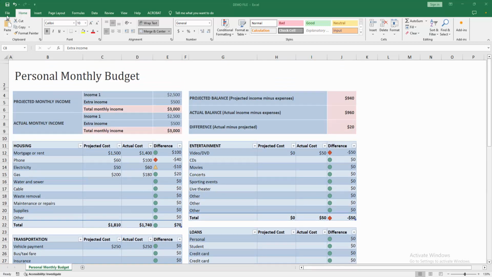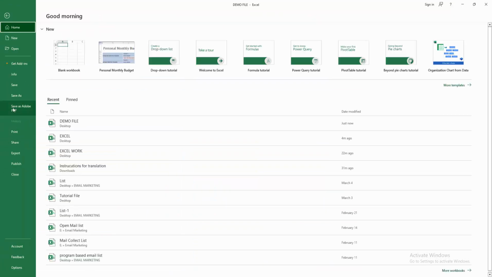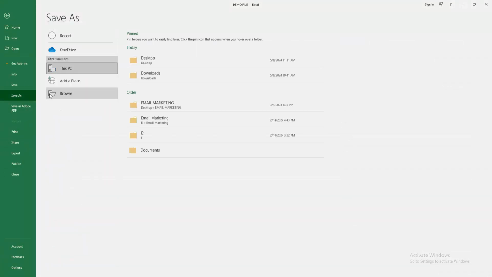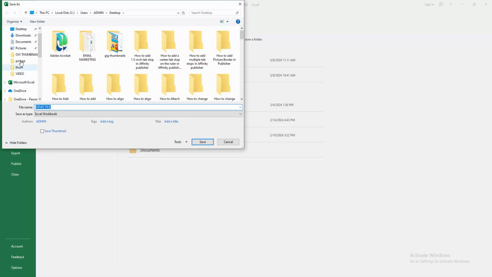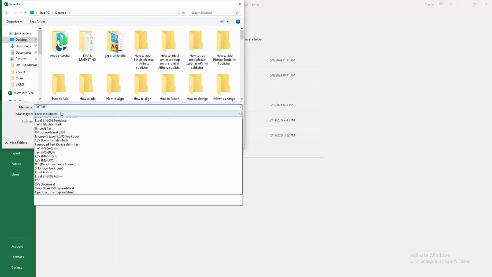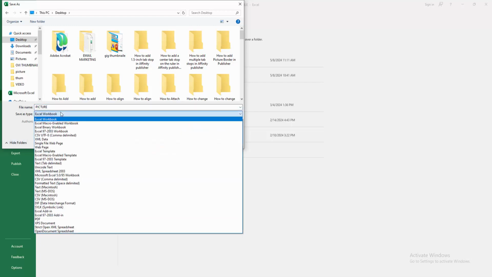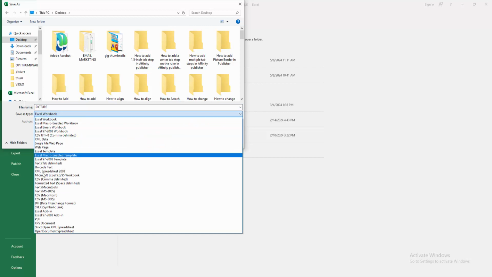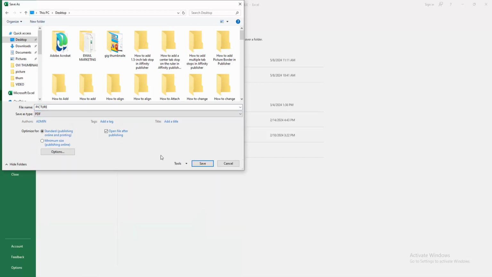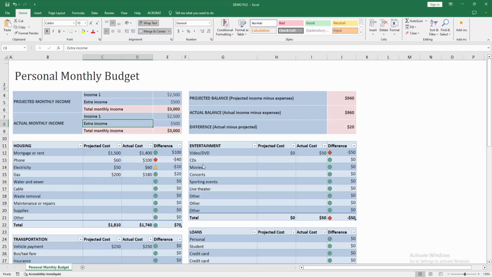At first, go to the File menu. Select the Save As option. Then select Browse. Then select our file location and write my file name. Then click the Save As drop-down menu. We can see here many Save As formats. Now I am selecting PDF. Then click Save. Wait a moment for saving the PDF, and the PDF automatically opens in our Adobe Acrobat